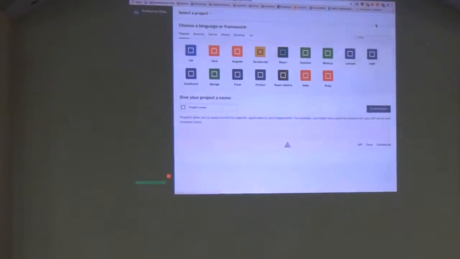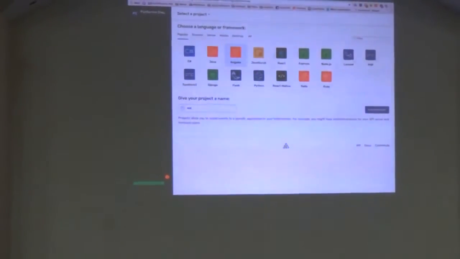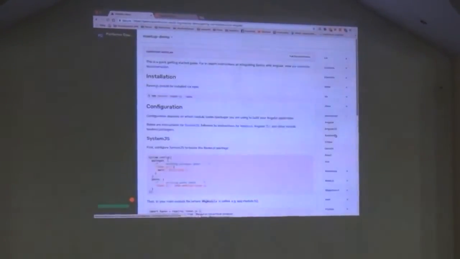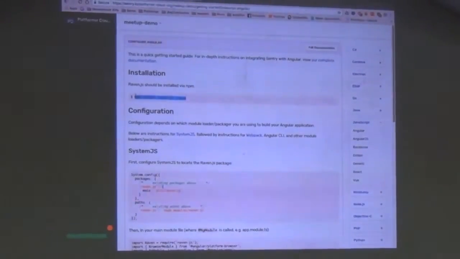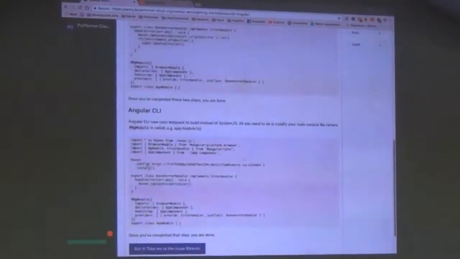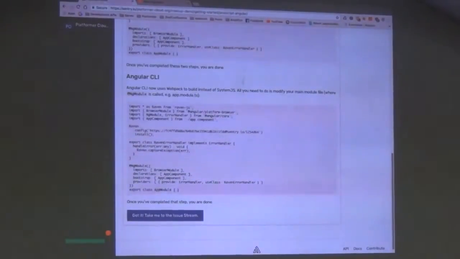In order to do that, you have to go to Sentry.io and register, or log in if you already have an account. Then you can add a new project, and you can select Angular. They are going to give an npm install, which I have already done in the project. Then they give the system.js setup, but I guess all of you are using Angular CLI, right? So use Angular CLI. All you have to do is